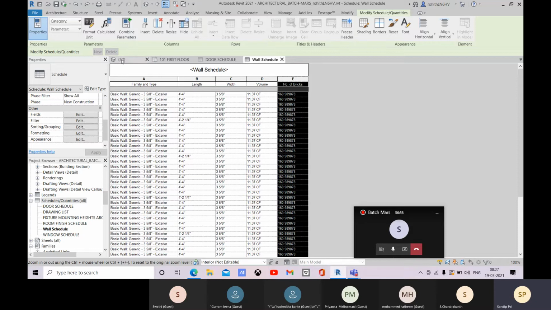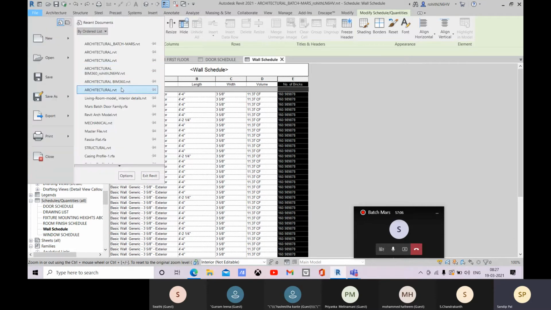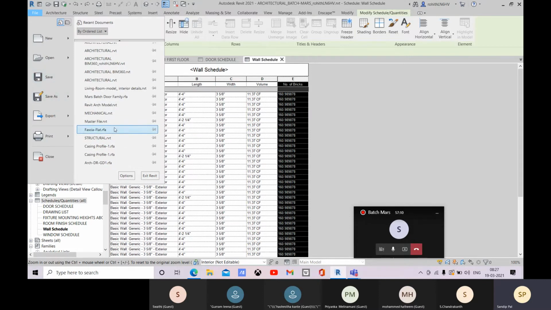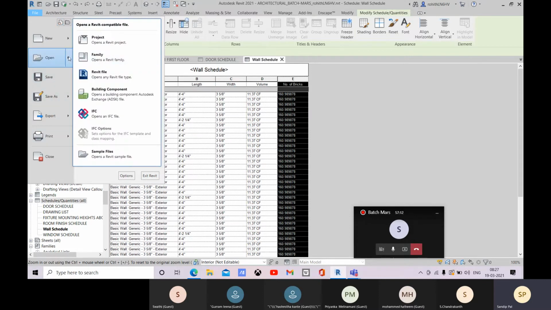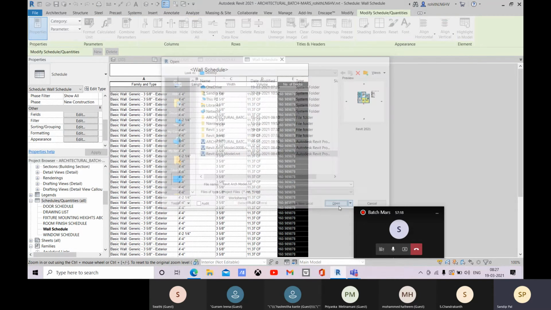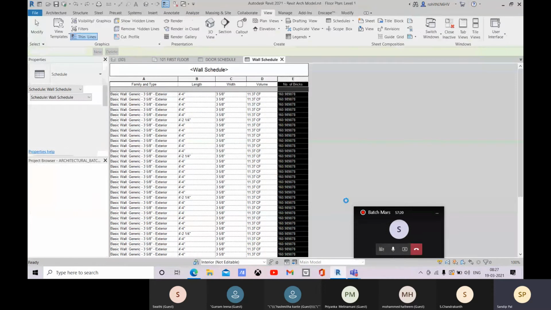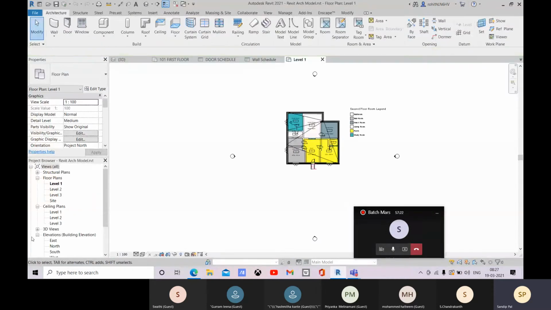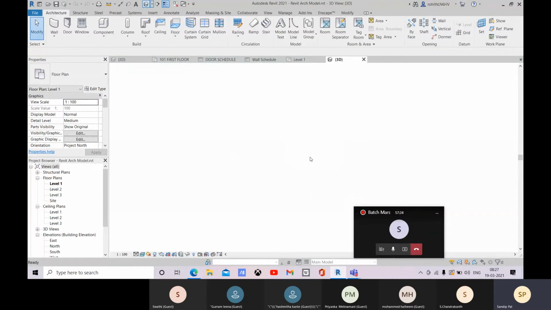Okay, so if you want to have the plaster quantities and other materials for your walls, let me open any simple file there. Let me go to open project, and this one, let me open that.